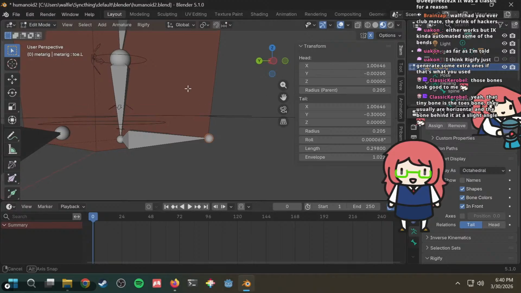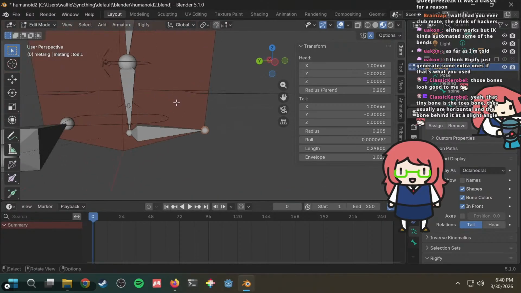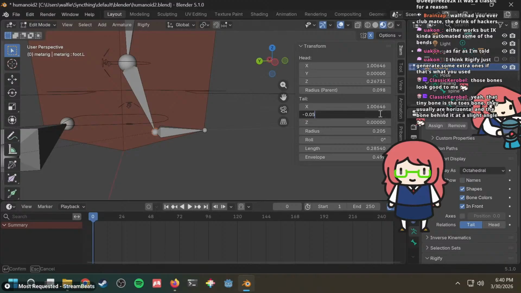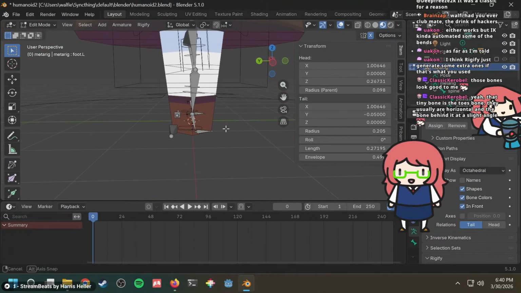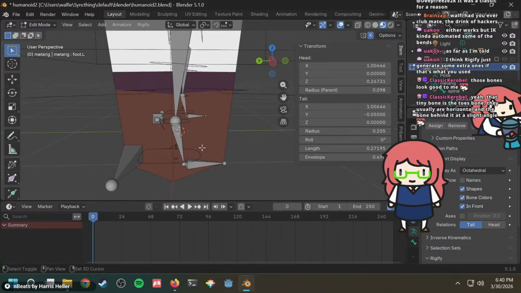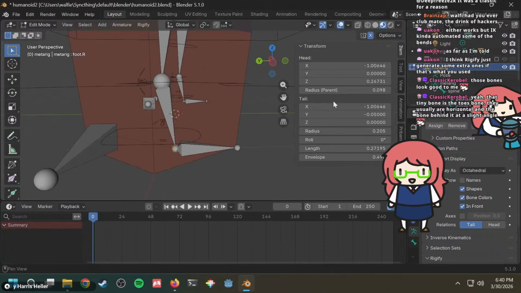Are these entirely horizontal? And then this one here should be negative 0.05 perhaps. Perhaps something like that. Or maybe this should be centered and then this one is back.